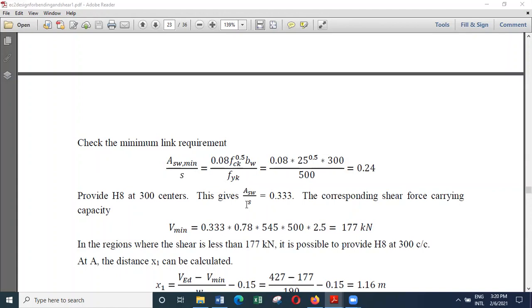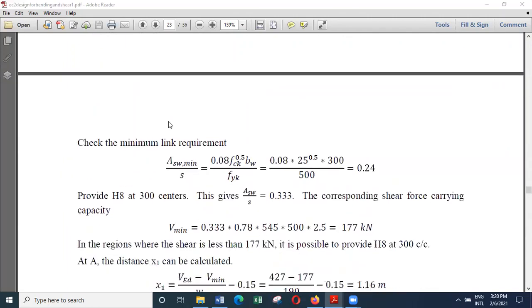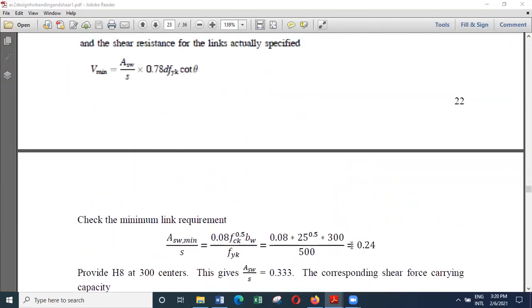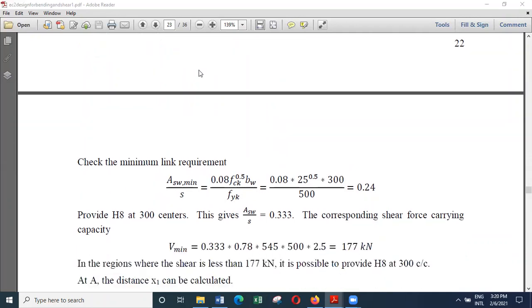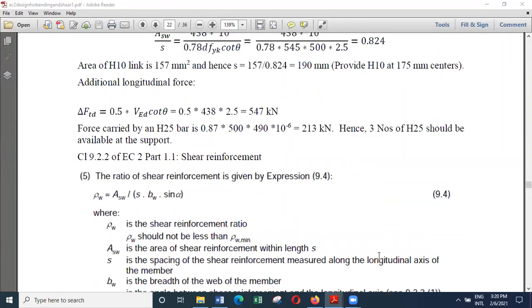So because we know the ASWOS as 0.333, which is greater than 0.24, that is the minimum value, then we can substitute in this equation and we can find the shear force carrying capacity of the section. So that is 0.333 multiplied by 0.78, depth is 545, 500, hot theta is 2.5, so you get 177 kilonewtons, which means